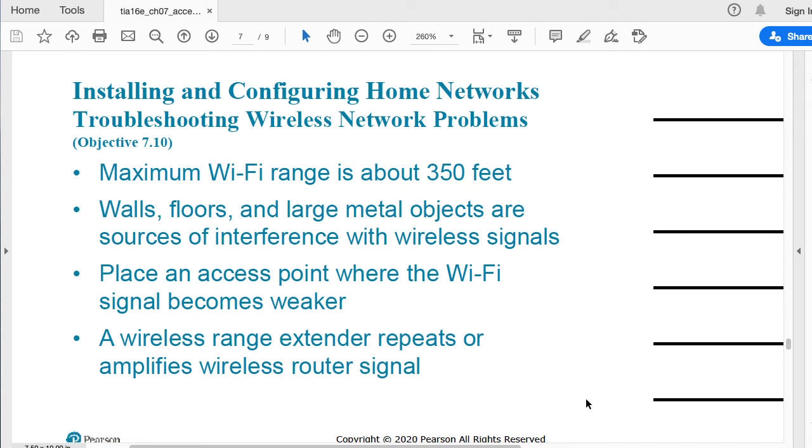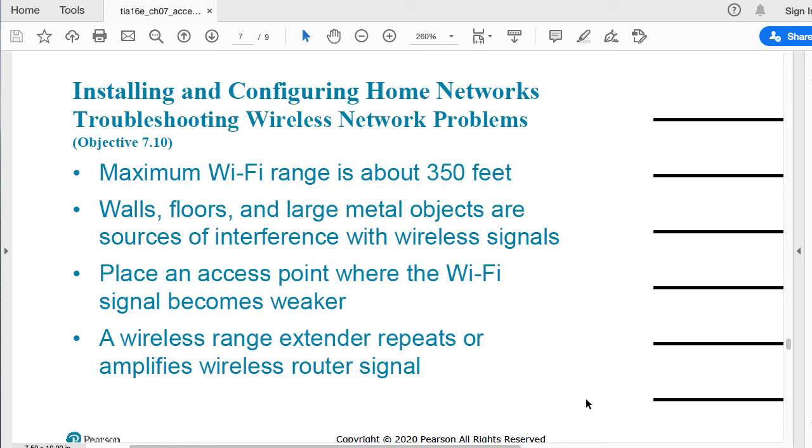So to do a site survey, you place the concentrator, which is the access point, in a location, and then use, for example, your laptop or your smartphone. There is software to help you with that. Let's say you use your smartphone with a proper app. You go to your bedroom and it measures the signal. Then you go to the bathroom, then the kitchen, and the living room. You go to all places measuring the signal.